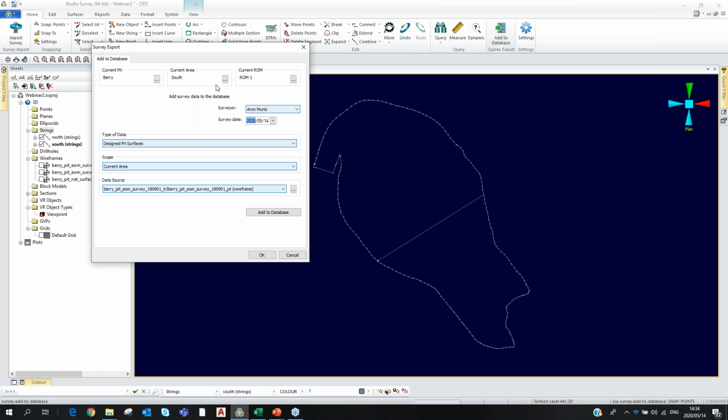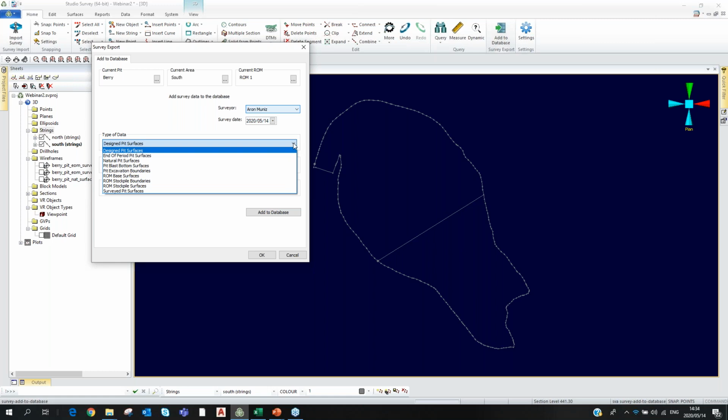The other thing that you need to be aware of is the current area. Which area are we going to define with the boundary string that we are adding? And then next is the type of data. So this dialog box will be used for adding every single data set from your survey to the database. So as you can see, is a list of every single type of,